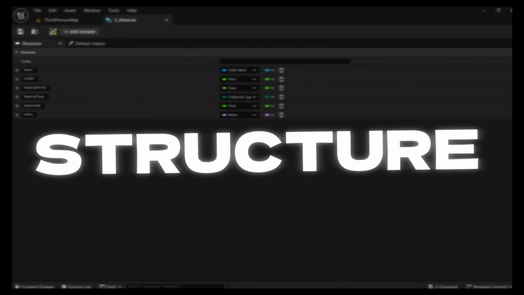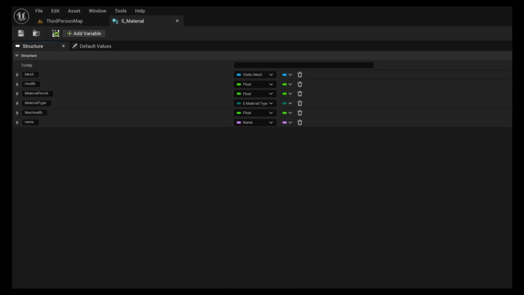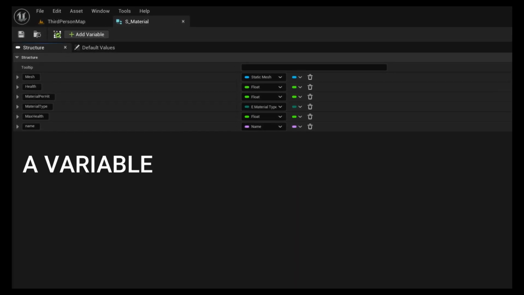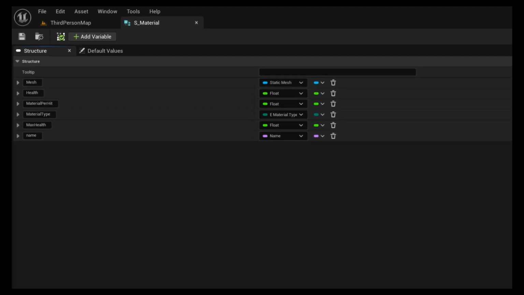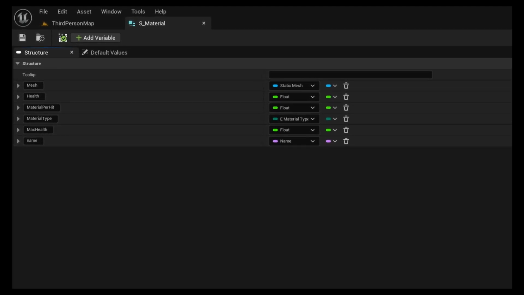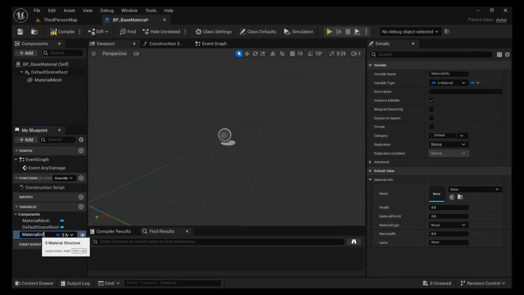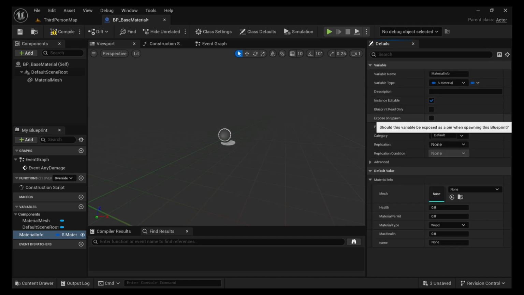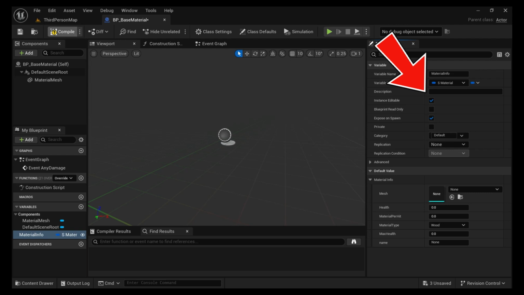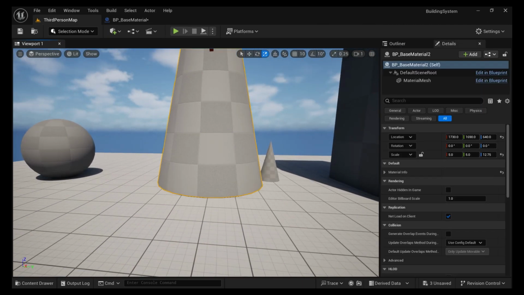I created a structure to hold all of these variables together in one place. A structure is basically a variable to contain other variables. It's just one place that can hold all of them in the same place for convenience, although you could technically go without it. Then, in our material blueprint, we create a variable of this structure type, making sure to set it to instance editable and expose on spawn by checking these 2 boxes. This means that every time we place a copy of the blueprint into the world, we can edit that version's